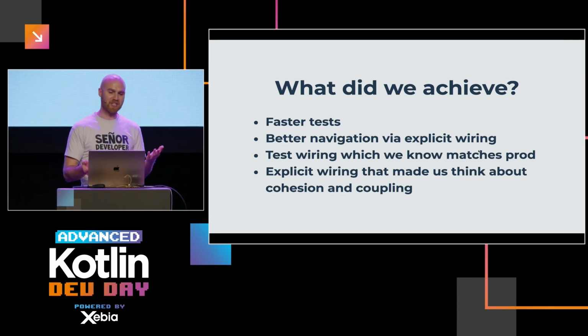And then there was better navigation via explicit wiring. I think code bases should be like websites where you can just jump around easily, and there should be a standard way of finding where the data flow or control flow is. So that's why better navigation is an important thing for me. Then we saw that in our tests at the end, we are constructing objects in the same way because it was more explicit rather than Spring doing it at runtime based on annotations. And finally, I think explicit wiring makes you think about your dependencies, what type of parameter you pass in a constructor.